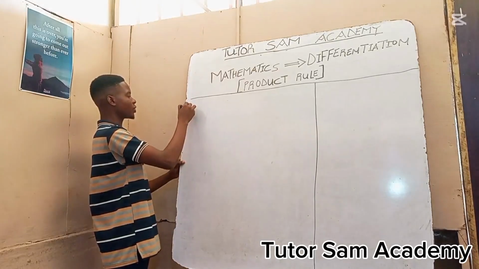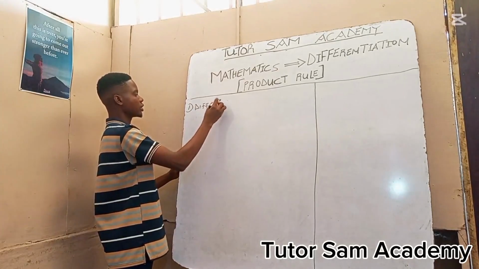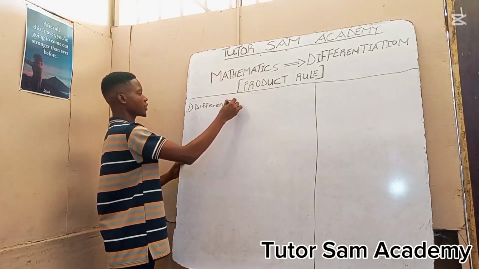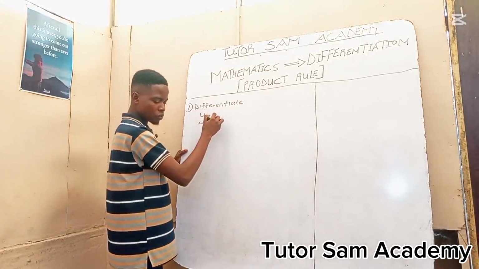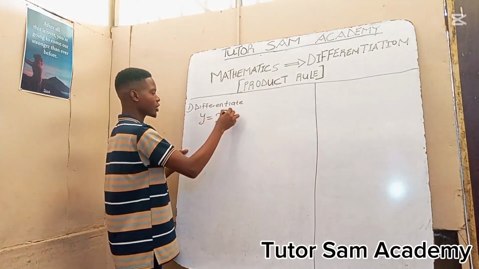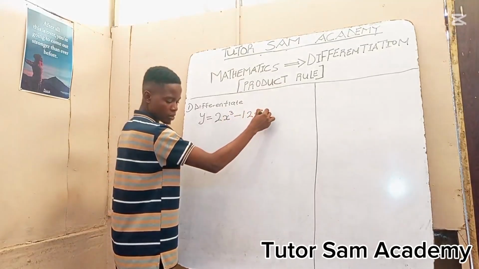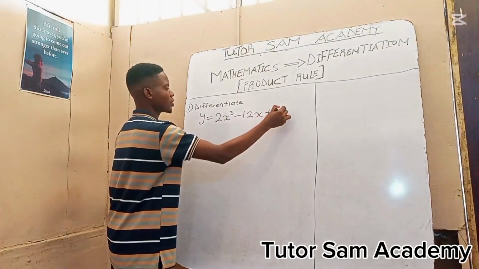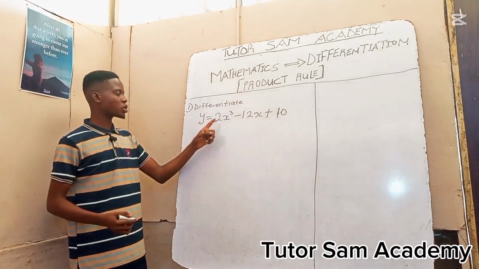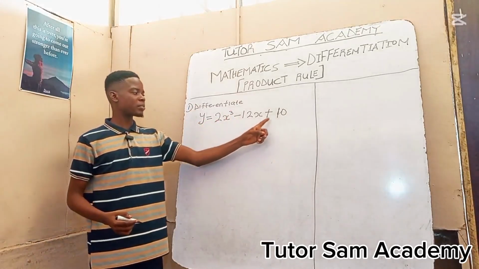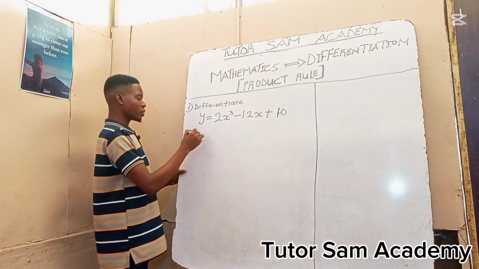Let's say we have: differentiate y is equal to 2x cubed minus 12x plus 10. So let's take this as an exercise. Differentiate y is equal to 2x cubed minus 12x plus 10. So if we are to differentiate this, y is equal to this. Solution: